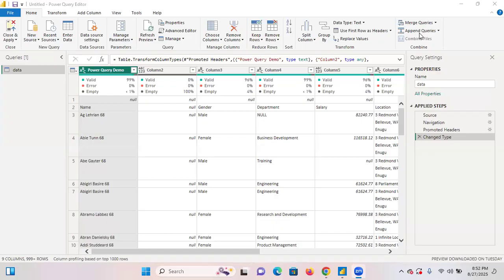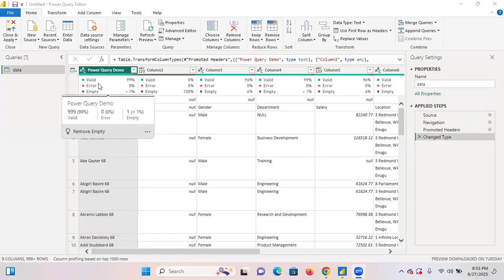Okay, so let's continue. Like I mentioned earlier, you can see the tab ribbons, you can see the groups here, and then in between you have the commands, okay? And then when you move down further, you can see the Power Query demo. That's where you're supposed to have your column 1, after which you have column 2, column 3, 4, and the rest of them. Then immediately under it, you will see,